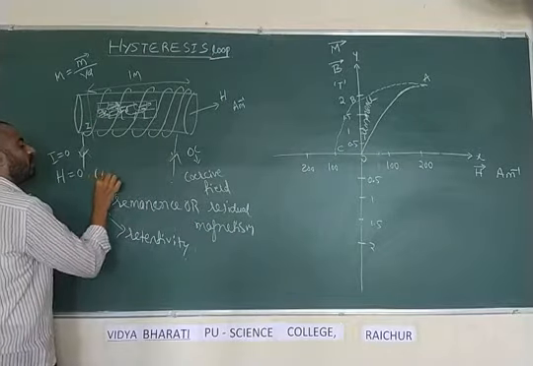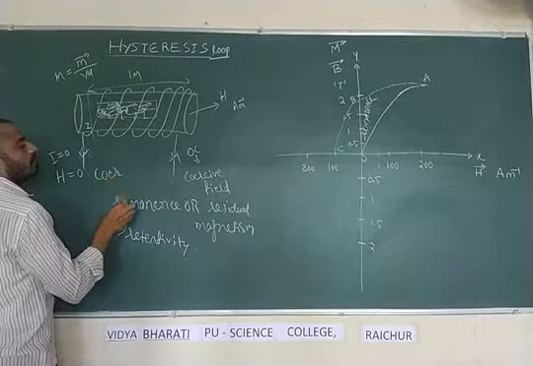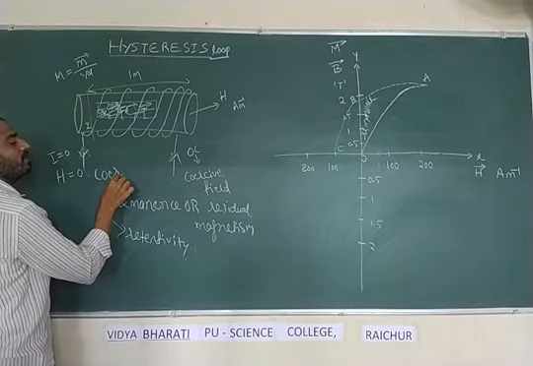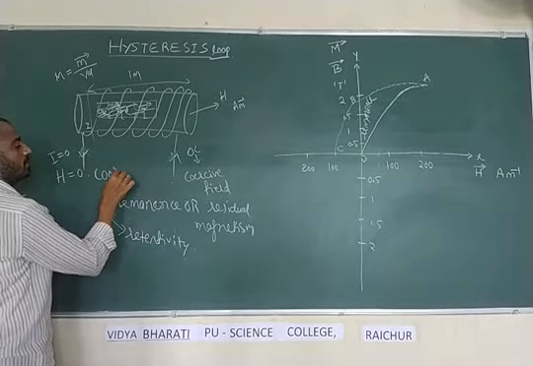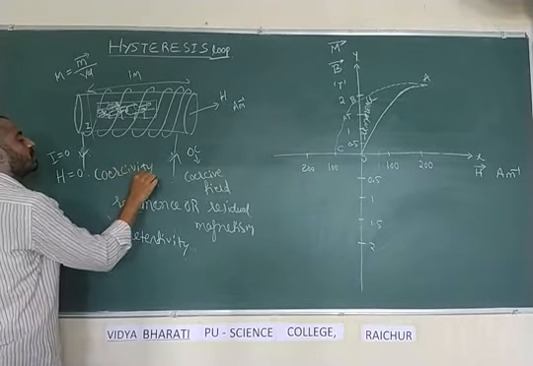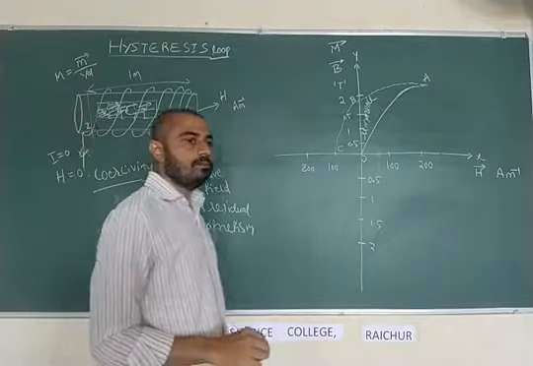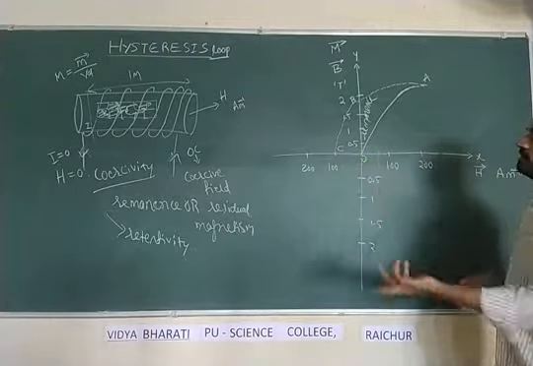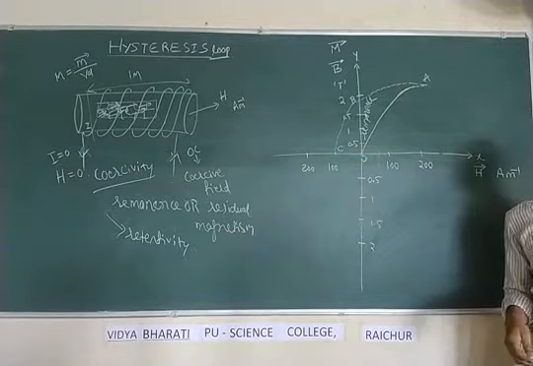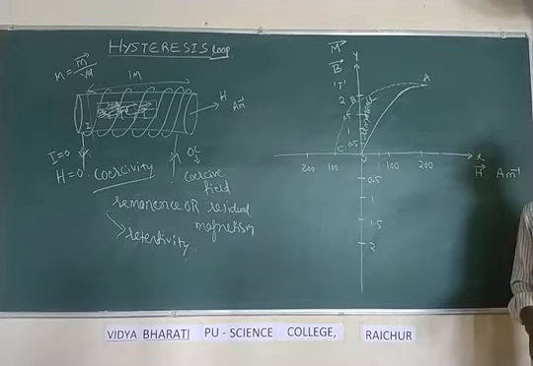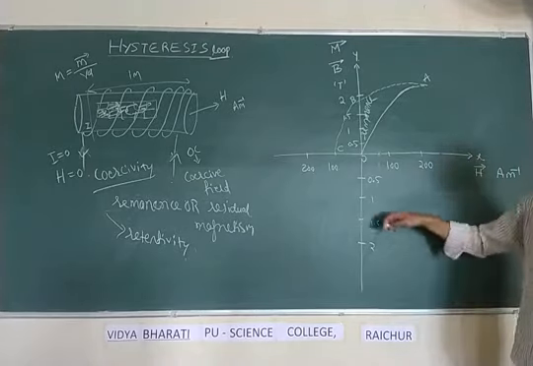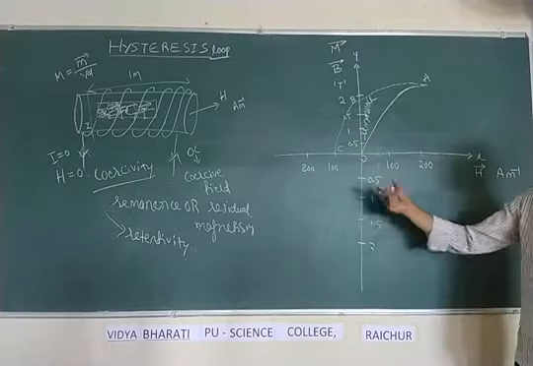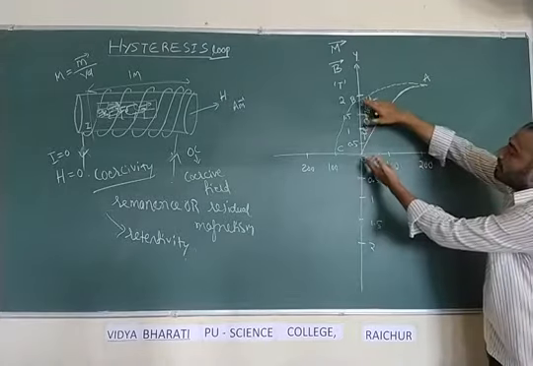The ability of the material because of which a negative field is to be applied to bring it back to its original situation is called coercivity. This much is coercive: minus 100 ampere per meter or 150 ampere per meter. I have taken it for example. This is not a particular value. This is what? Negative magnetizing field intensity. What is it required for? To make the residual magnetism 0.